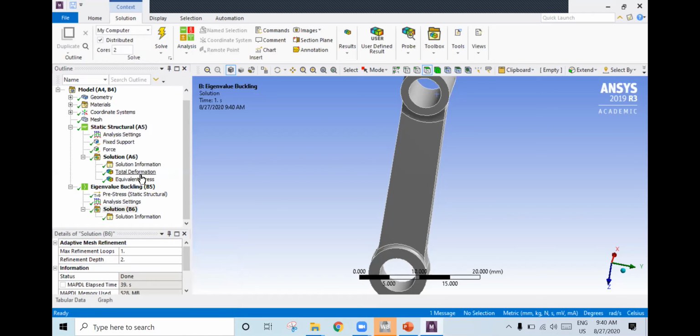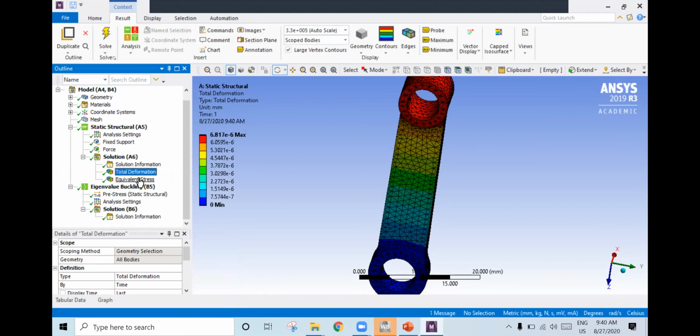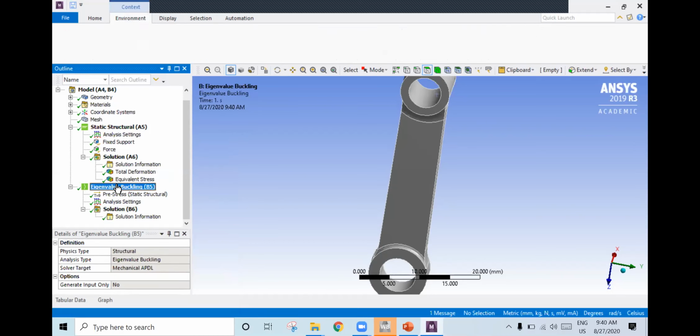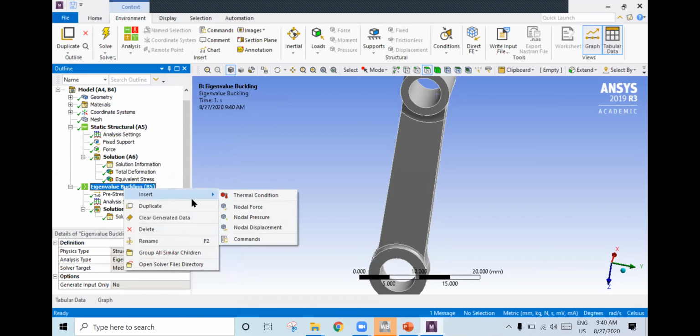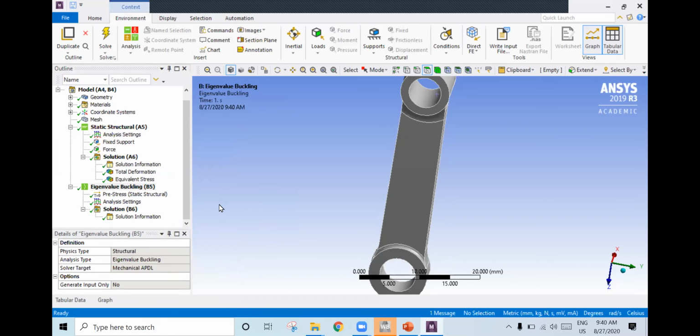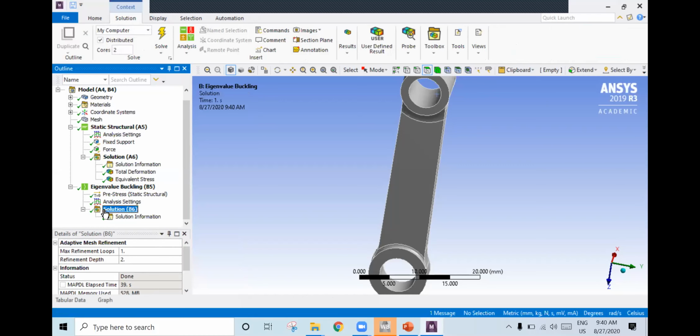Fine. See, this we have already done. But for unit load, for eigenvalue buckling, you have to follow the same procedure. In eigenvalue buckling, you can't give any force or loads. Whatever load you have given in the static analysis, the same procedure you need to follow if you want to do buckling analysis. See here, where is the solution?